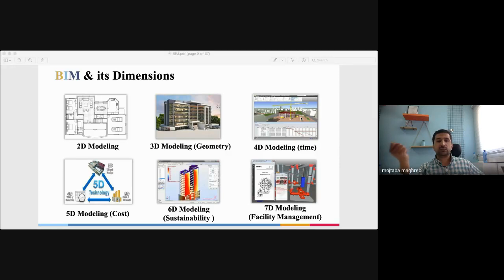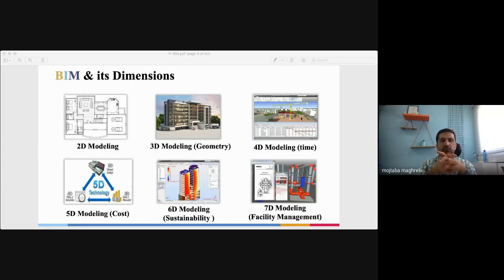How easily could we run an analysis of energy processes to see, okay, if we use this kind of wall for these projects, these bricks, it costs us this much to pay for energy. And if we change the windows, for example, from these details to these details, the cost of energy for AC will drop from this much to this much. So it's a very fascinating tool that we have in BIM.